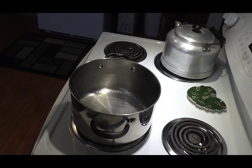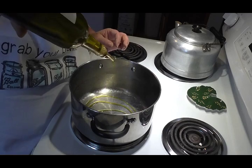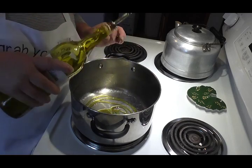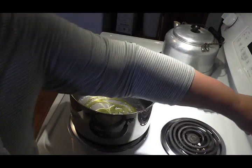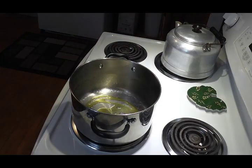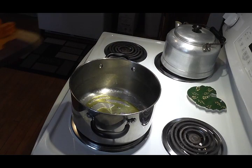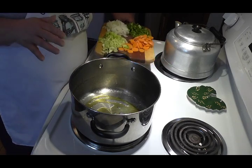Okay, friends, you saw I was making the noodles. So now I'm going to put in just about a good tablespoon. You can use butter if you want. I'm going to use olive oil. I'm going to turn my burner on medium high. I'm going to let that olive oil get warm because we're going to make a beautiful macaroni and cheese soup